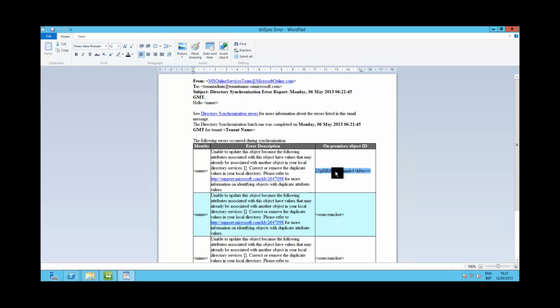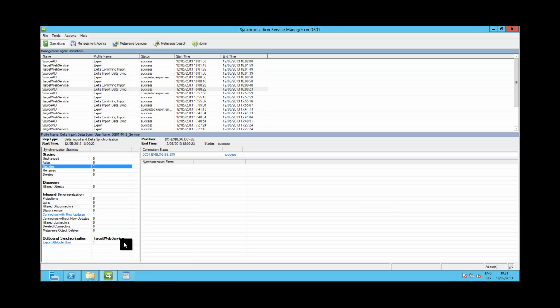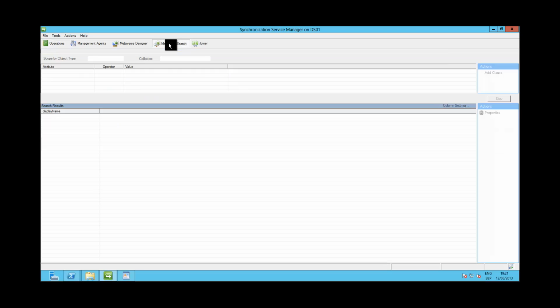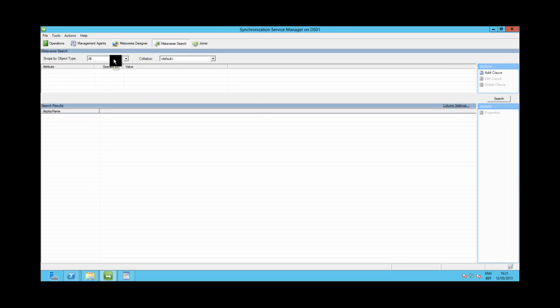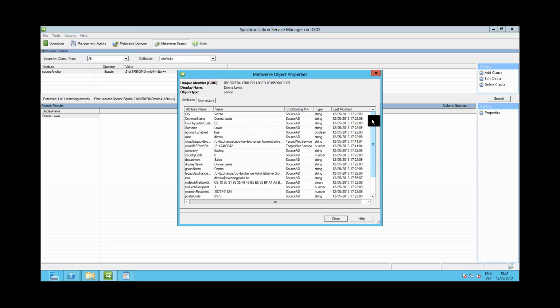So what you'll have to do then is use this on-premises object ID, or how it's also called, the source anchor. And then you go into DirSync, you go to the metaverse search, and you search for the object. In this case, I don't know whether it's a user account or not. So I'll search for all objects, and I'll search for the objects where the source anchor equals the value that I just copied. And when you do that, you'll immediately see that it finds one item in the metaverse, and from there on you can go into the object,